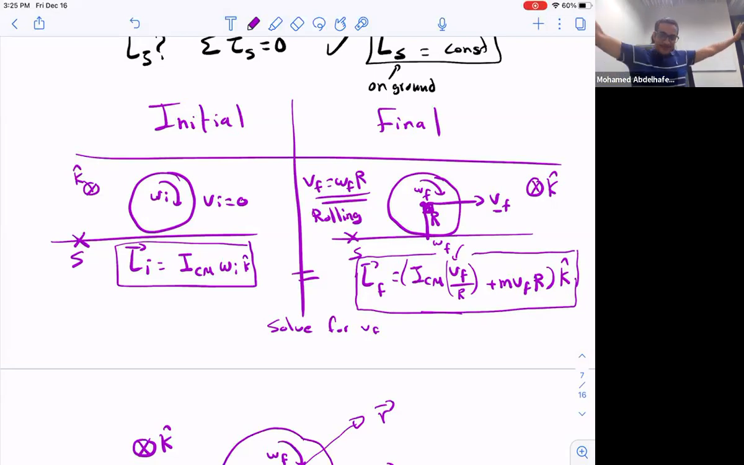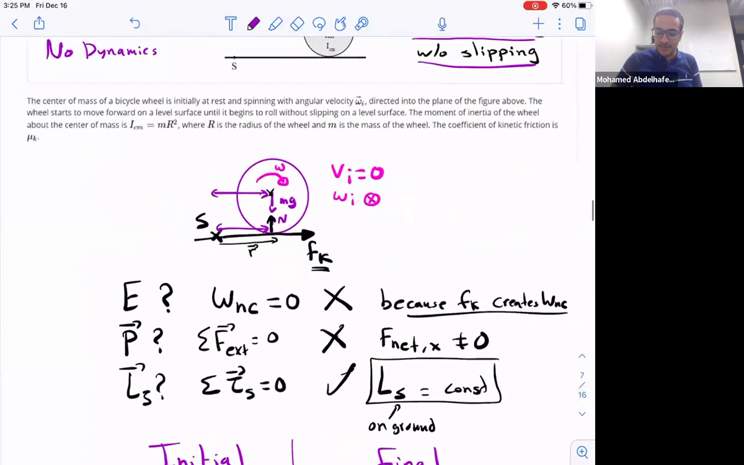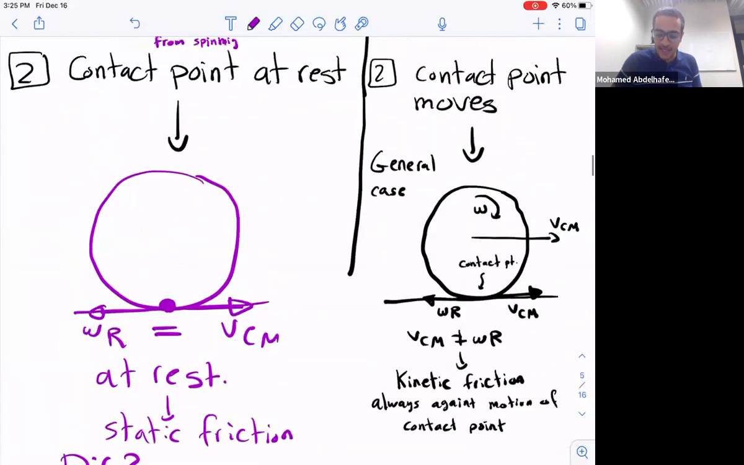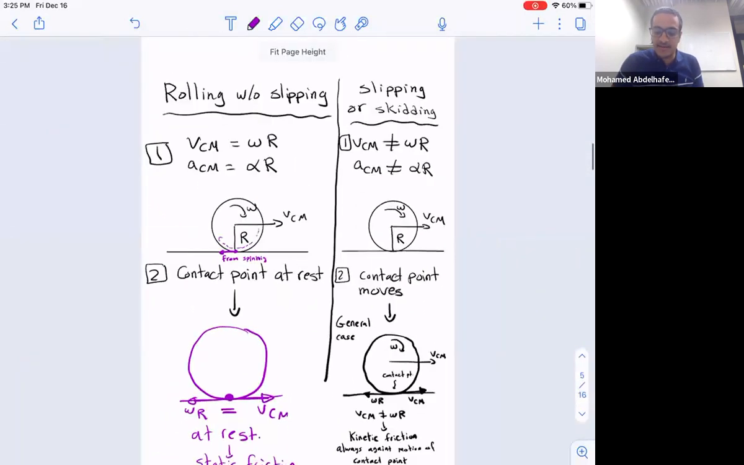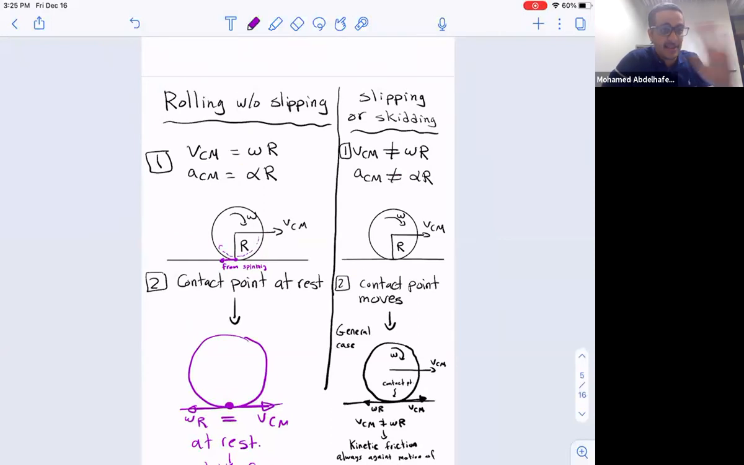Okay, so let's recap and see what we're talking about here. We're talking about rotation and translations. I said there are two different things happening here. The general kind of motion is called slipping or skidding; don't care about the names again. In this general motion, you're translating one way and rotating in another way, so VCM is not necessarily omega R. In that case, the contact point is moving relative to the ground, so there is kinetic friction. But if you're rolling without slipping,